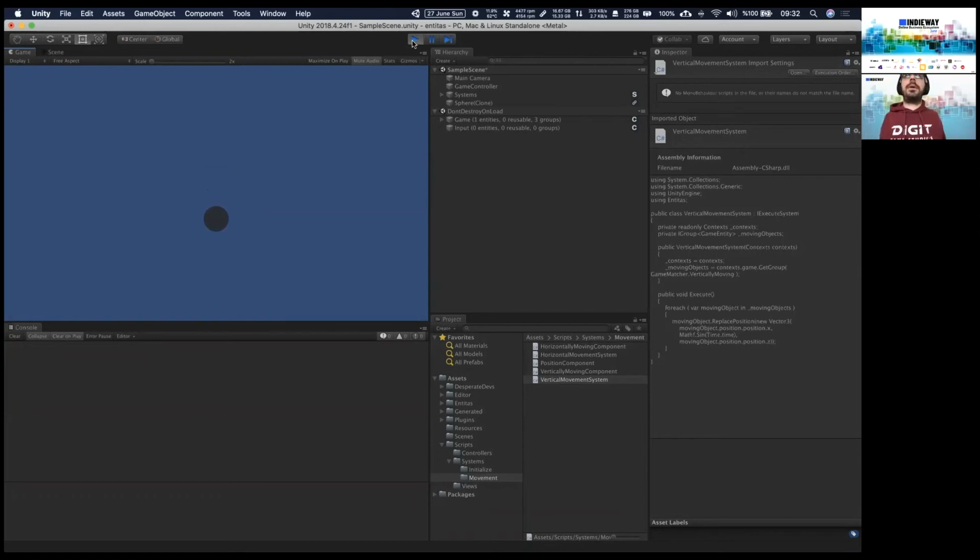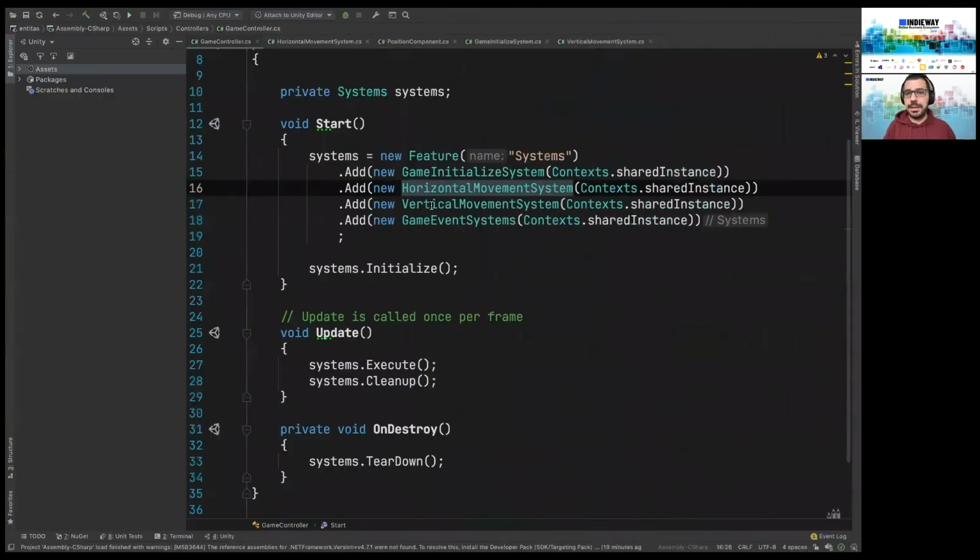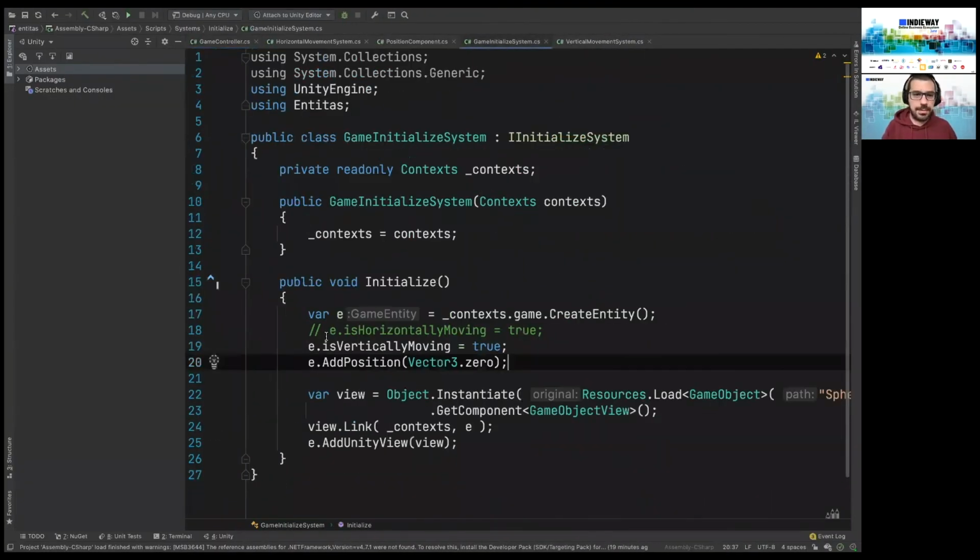So the designer comes up and says, for instance, I've done a wrong work here. I wanted both that previous system and this system to operate. This is not like a seldomly encountered issue, by the way. Supposing that you do a game and you've got a car system, and then you write a system, and then you have a plane system, and then the two codes do not match each other, and the game designer says, I want a flying car, for instance. You have to write a flying car, but with Entitas, you don't have to do that. All you have to do is to operate the two systems together.